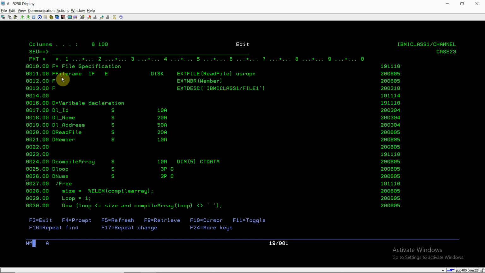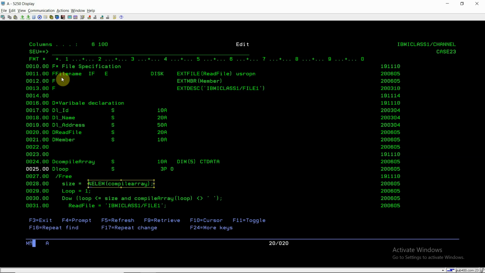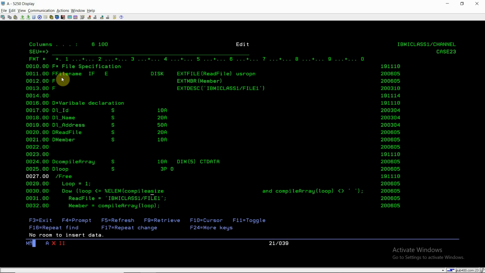You can remove this line, or you can write here the number of elements.